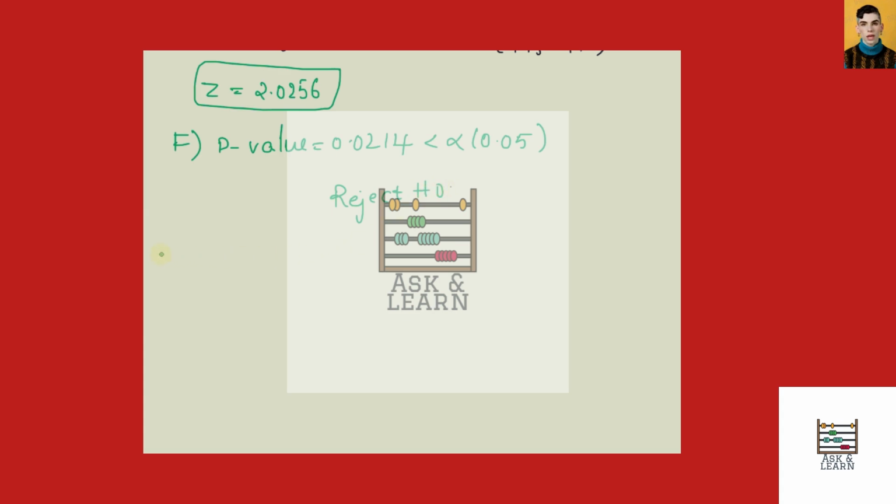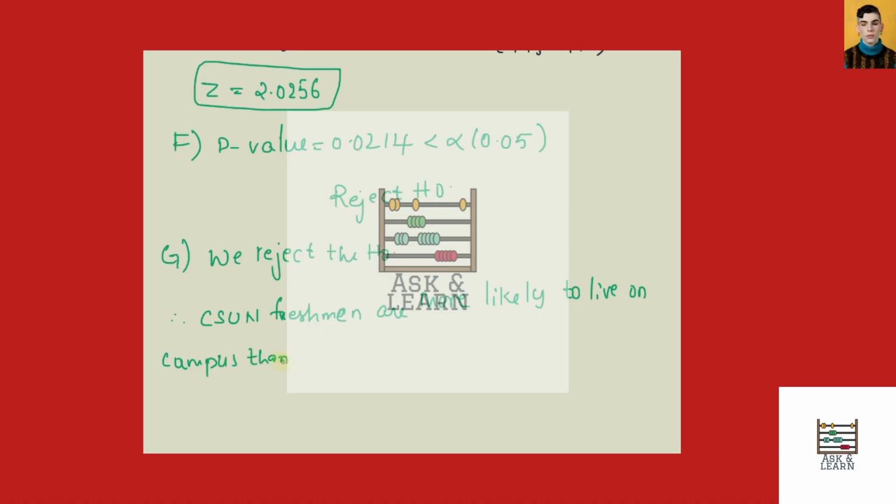Now in the G bit we can conclude that we reject the null hypothesis H0. So therefore CSUN freshmen are more likely to live on campus than that are CSUN